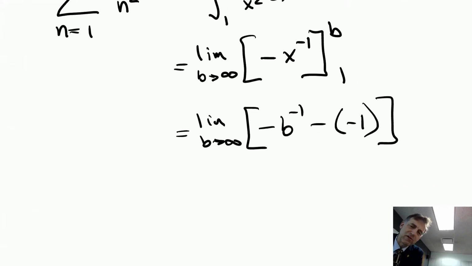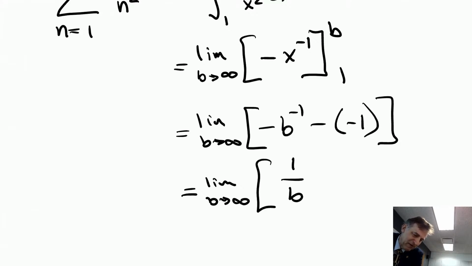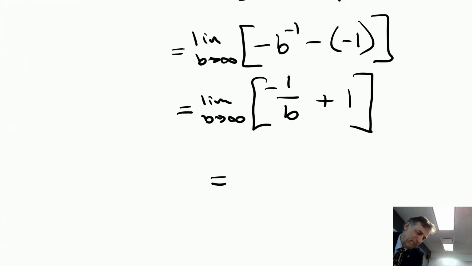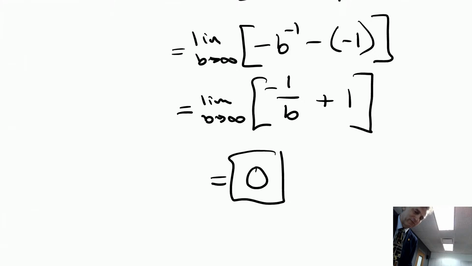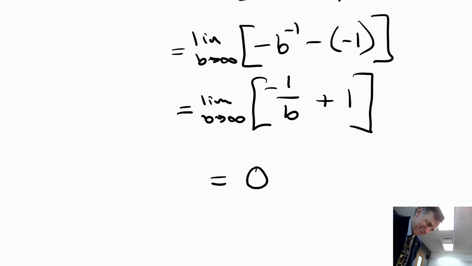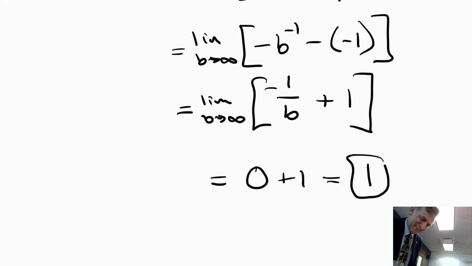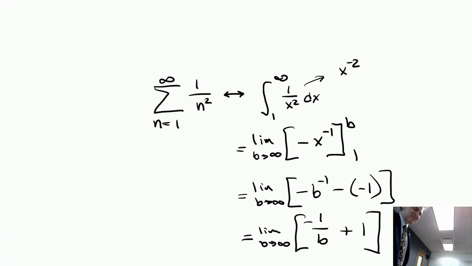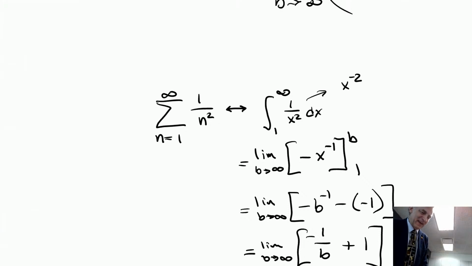What is the limit as b approaches infinity of that mess there? So what do you think? What is the limit as b approaches infinity of that? You want me to rewrite it for you? I will. 0. Oh, yeah, you got it. But just for the rest of the folks at home, let's do it like this. So yes, 1 over b is indeed 0, but don't forget the 1 that I've got tacked on there. So I know I'm trying to rush here, but there it is. Plus 1. There it is. Okay, that's 1. So because this thing converges, here's the cool thing, since this converges,